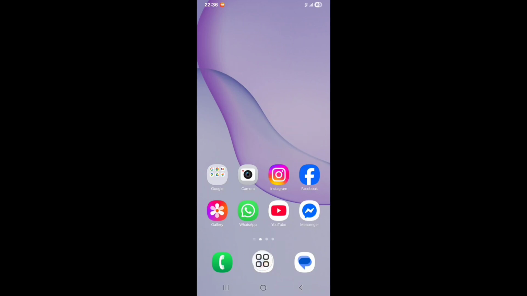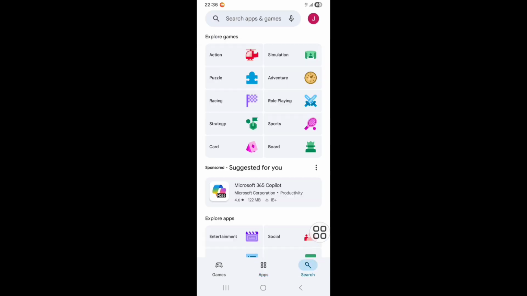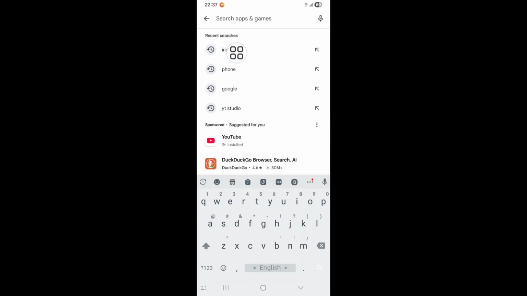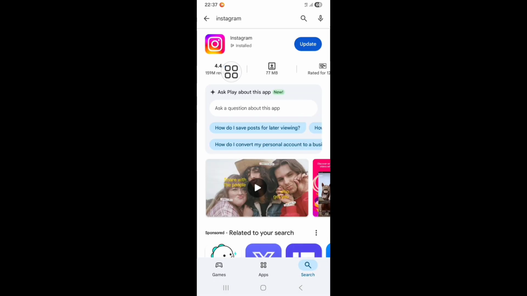Now go to Play Store. Now click on search bar. Now again click on search bar and search for Instagram. Just search for Instagram and here update your Instagram app. After updating your Instagram, now click on Instagram